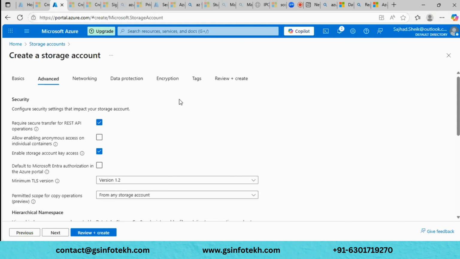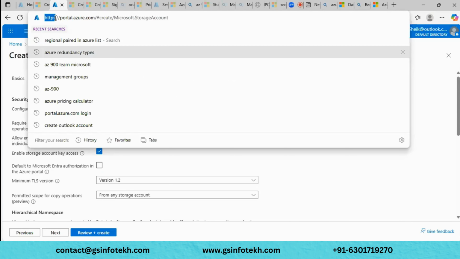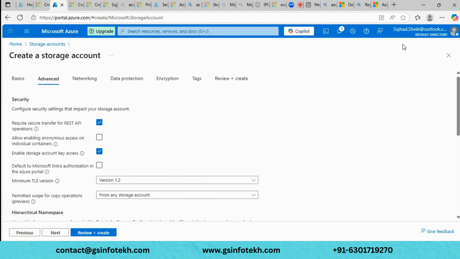And if you enable this option, in protocols we have two protocols. One is HTTPS and another one is HTTP. As we are aware, HTTPS is the more secure protocol. If you see this browser, you can see HTTPS. This is the secure one. And for a few browsers, you can see a pop-up on the right side saying not secure, meaning that particular browser is using the HTTP protocol, which is